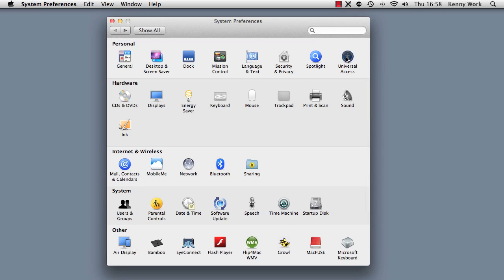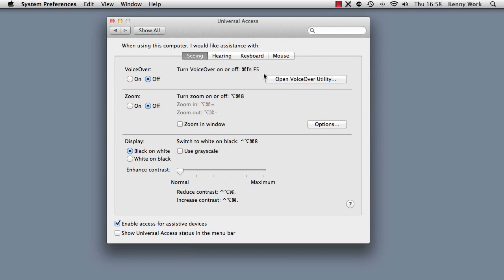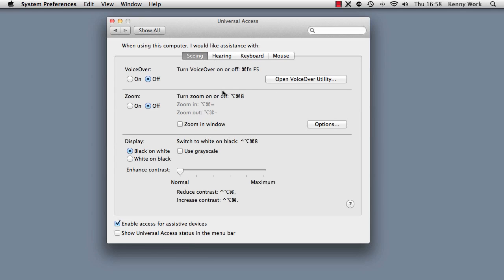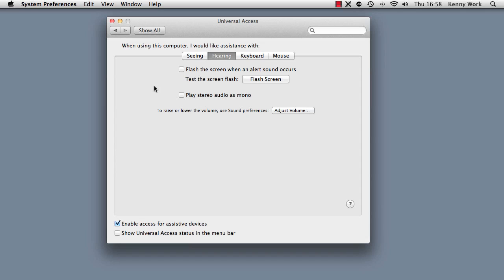And finally, Universal Access. If you've got special needs, if you're hard of hearing or have sight problems, then you can access here. You can turn VoiceOver on and access the VoiceOver utility. You can zoom to text, you can change the display so it's easier for you to see, and again with flash the screen when alert sound occurs rather than just hear it. Obviously if you've got problems hearing, then that might be quite useful. And play stereo audio as mono, which again might be useful